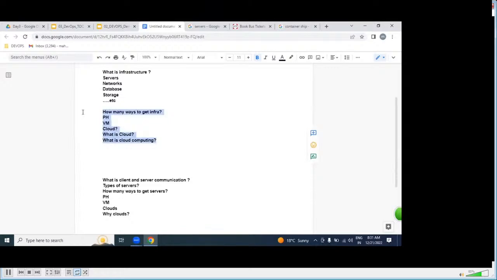What is a cloud? Remote placed resources. If we can access them from our laptop over the internet, that is nothing but cloud. Which resources? RAM, CPU, motherboard, or a server, a network, or a storage. Anything that we can access over the internet from a laptop is nothing but a cloud.